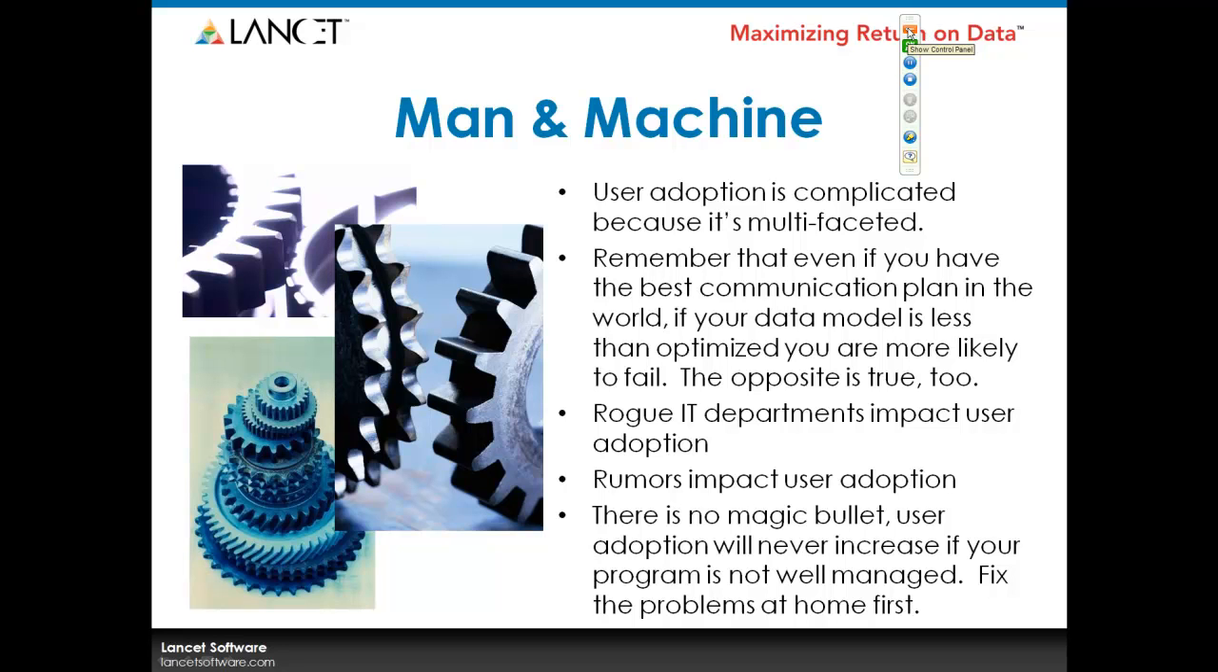Rogue IT departments impact user adoption, and this is, of course, a hot topic for any BI program. What I mean by rogue IT departments are those groups out there that maybe asked you for help a year ago, but you were too busy to do it, and they ended up having to create their own solution either in Excel or Access. That solution worked pretty well for them, so they continued to use it. And then they continued to share it with other groups. And now those other groups are referring to it, and that Excel spreadsheet or that Access database has become a